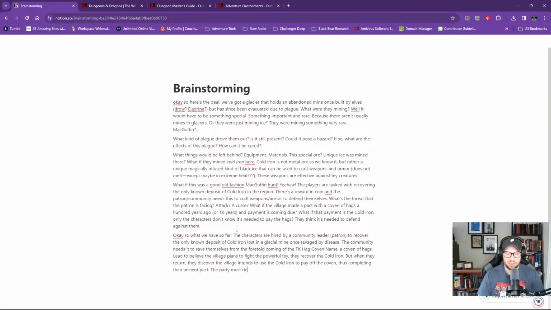The party must decide whether to support empowering the coven with powerful Fae slaying cold iron, or convince the community to fight back, knowing there will be consequences to the village breaking their bargain with the coven. Cool. All right, so that's kind of our summary of what we've got here so far, and